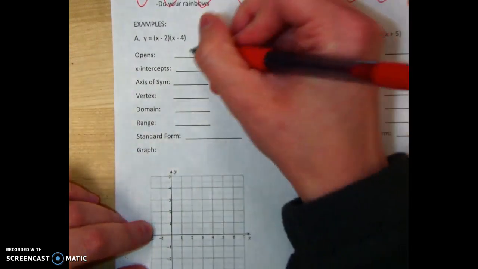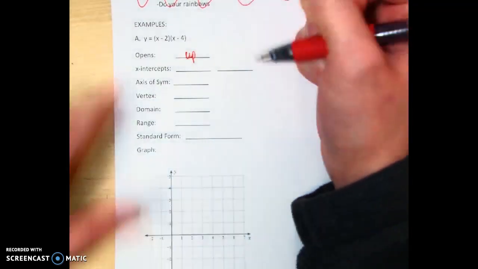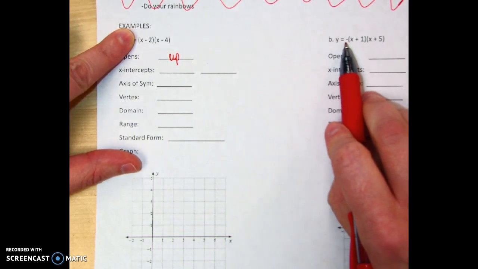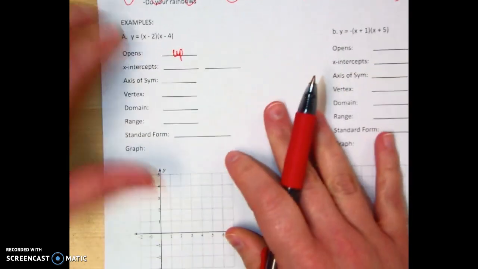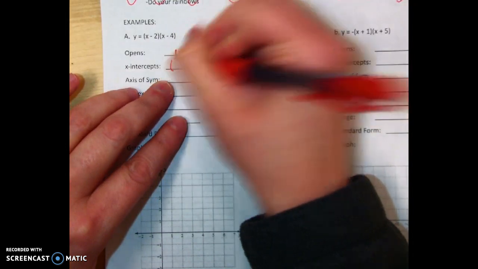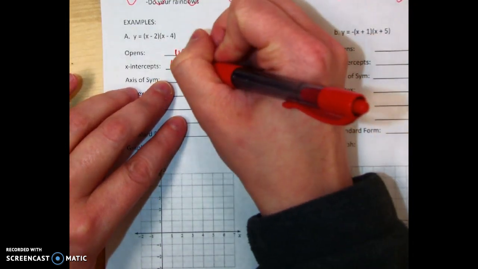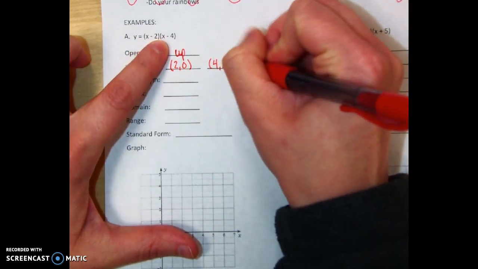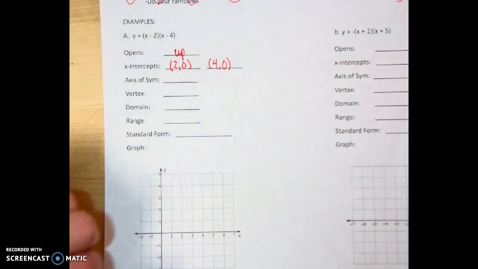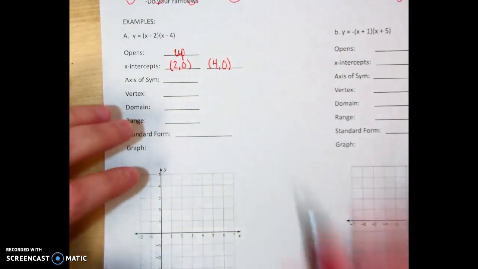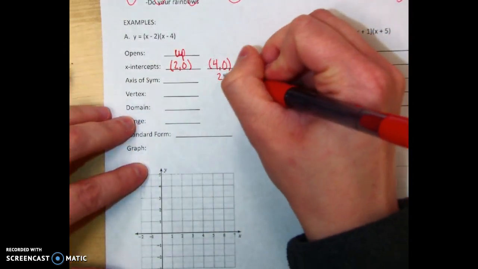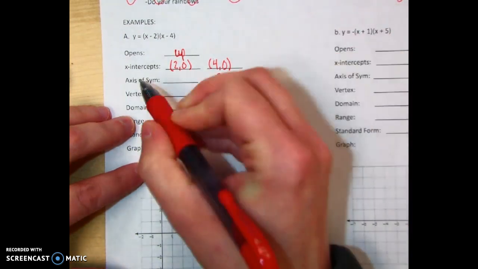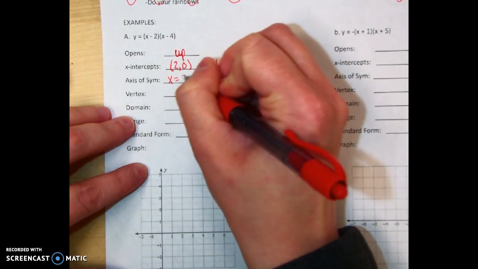So this one opens up because there is no negative sign right here. If you look over at B, there's a negative sign right there, so that one's going to open down. X-intercepts, opposite of negative 2 is 2, so 2, 0, and the other one will be 4, 0. For axis of symmetry, add 2 plus 4 to get 6. Divide by 2 is 3. So axis of symmetry, x equals